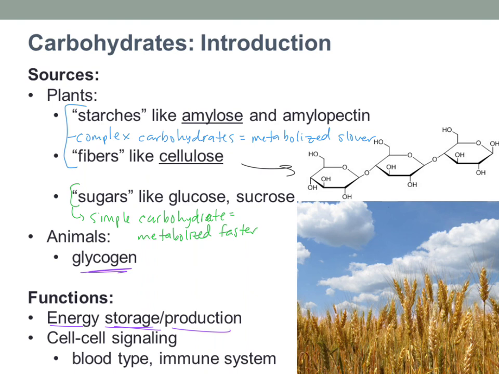But they're also really important. Carbohydrates are also really important for cell-cell signaling, and that's something that I don't think people really talk about that much, but it's super important. We're not going to go into immunology or anything like that, but you've probably heard of blood types like A, B, and O. That is based on what sugars are being presented on the outside of your red blood cells. So if you have certain sugars pointing out, you're type A, if you have certain sugars pointing out, you're type B. And so those A, B, and O differences are just based on the types of carbohydrates that are on your cell membrane.